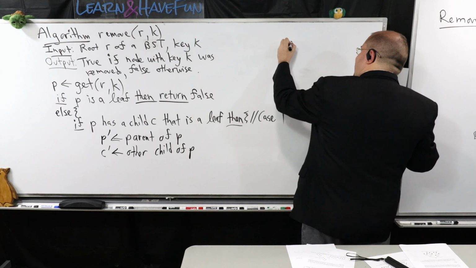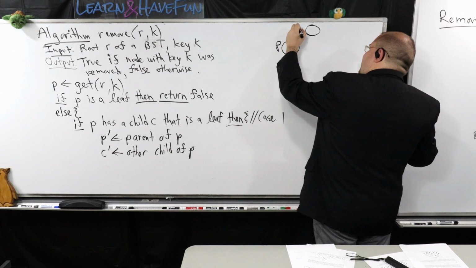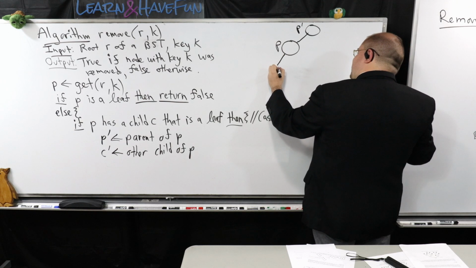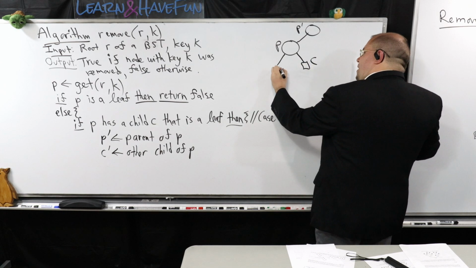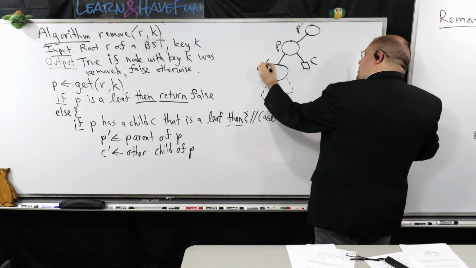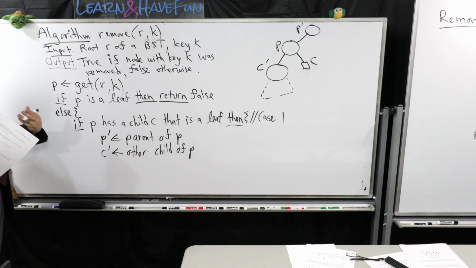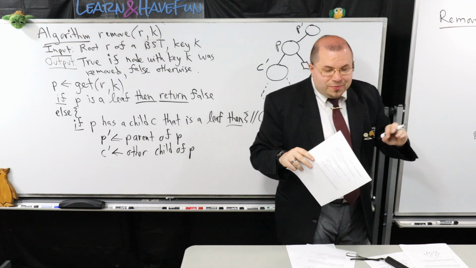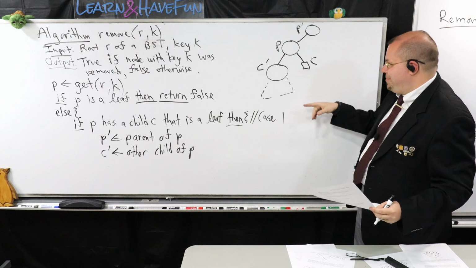So suppose that I am at some node here. So this is the one I want to get rid of. And this is its parent, if it exists. And then I'm going to have 2 other nodes. So one of them is going to be guaranteed to be a leaf node. I'll call that C. The other child may be a leaf, or it could be an internal node. But I'm going to call it C prime. We don't really care the difference between C prime being an internal node or a leaf node. It's just some node. The implementation of this, it won't make any difference. This is just one edge case where this representation makes it a little easier to play around with.